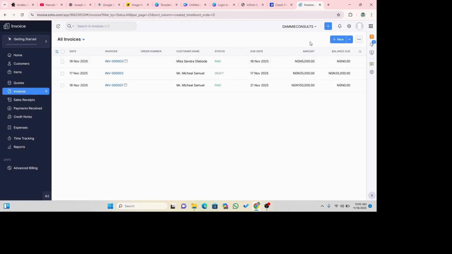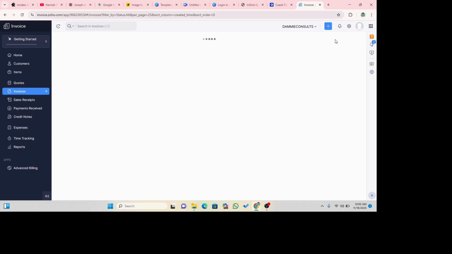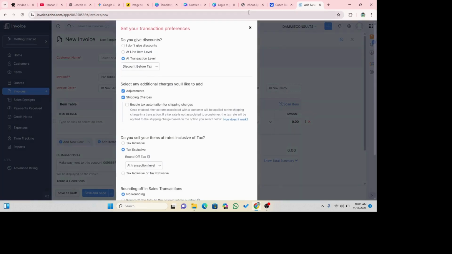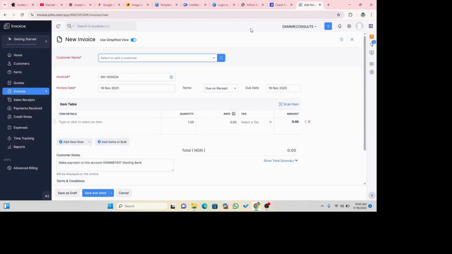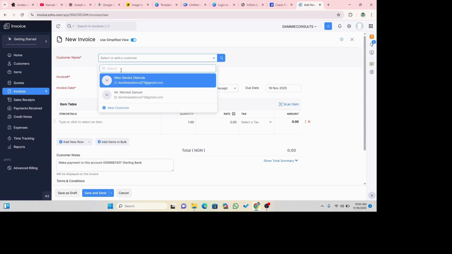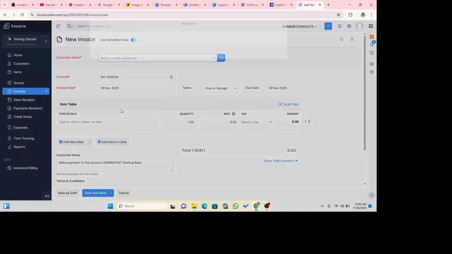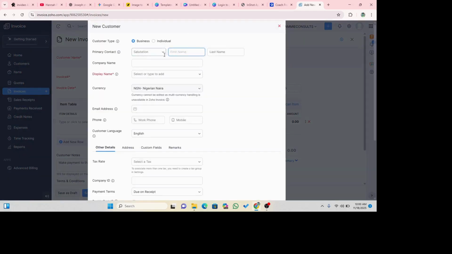These are my invoices so far. So I'll click on new, for practical purposes. I'll close these settings, I don't need them. I'll add my customer name because I have Miss Sandra here. But if you don't have any customer here, you click on new customer. You add the details of your customer, salutation,